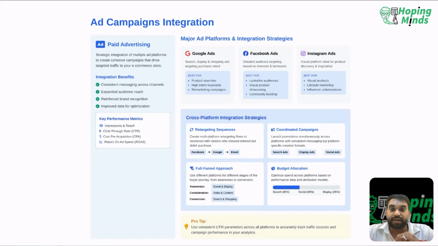But when you connect those ads into a journey, when one message leads into the next, when your offer builds on trust, when your creative flows from awareness to action, that's when the results start to stack up. So if you're just getting started with paid traffic, don't feel like you need to do everything at once. Start small, test a few creatives, run a single funnel, watch the data, listen to what the numbers are telling